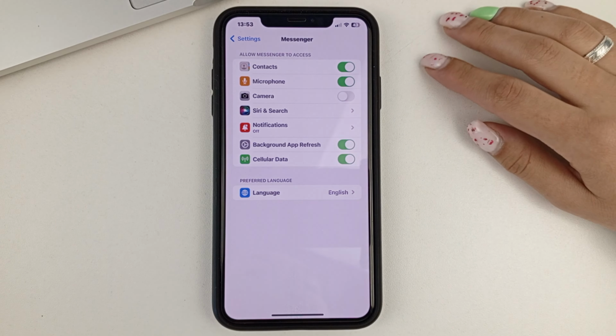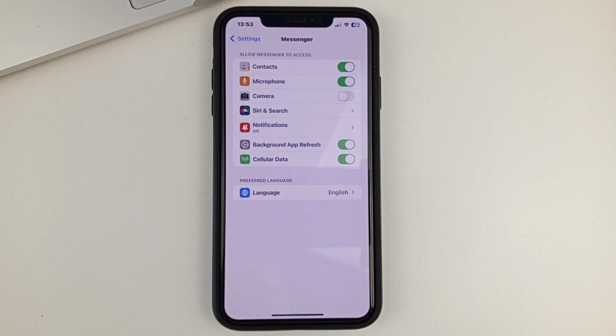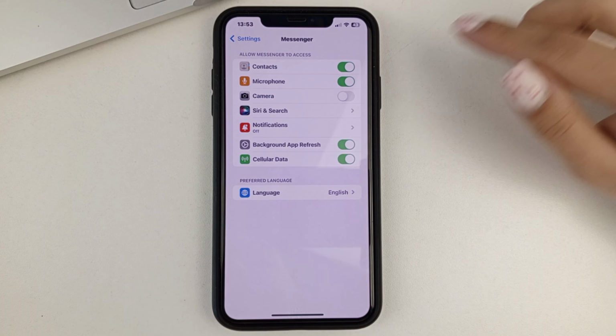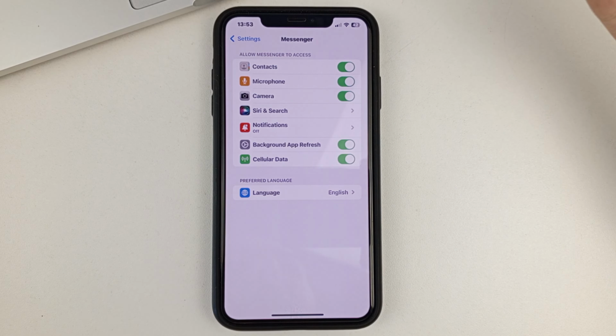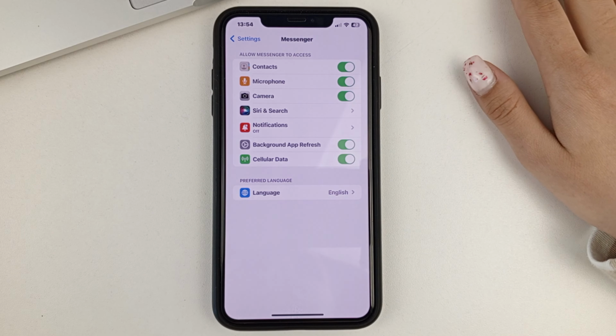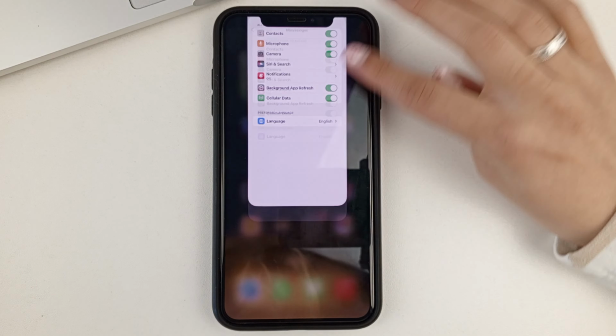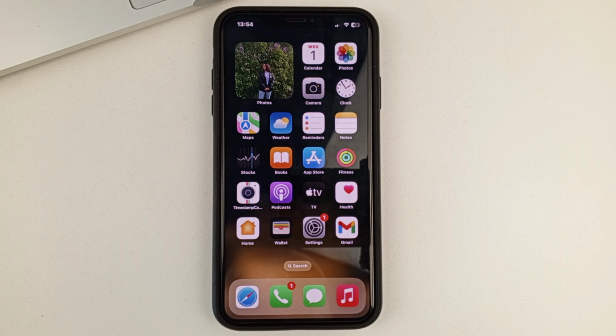And then you need to find a section called Camera. As you can see, I have it deactivated at the moment. And in order for you to use the camera in the Facebook Messenger app, you just have to click on the button next to the word camera, to activate it. That's the way to do it. That's it though, folks. That's the only action you'll need to take. And after that, you'll be able to take photos in the Facebook Messenger app in peace.